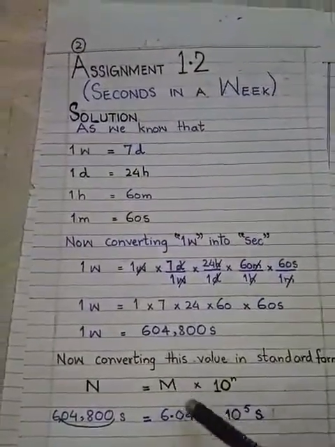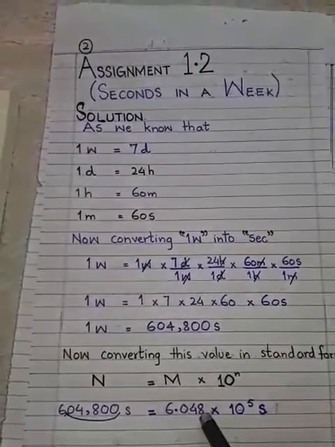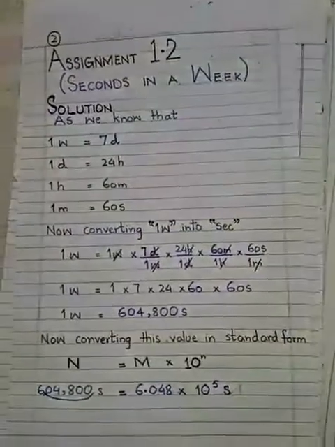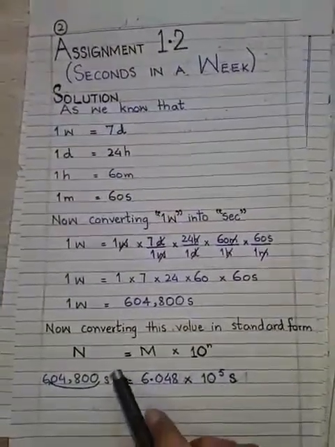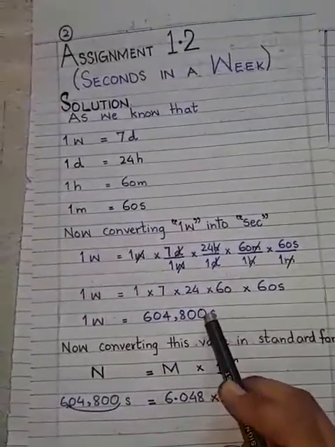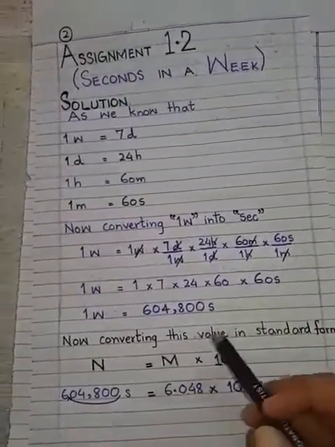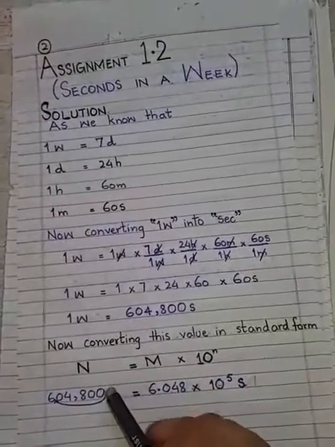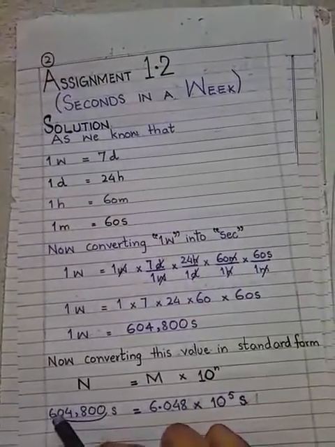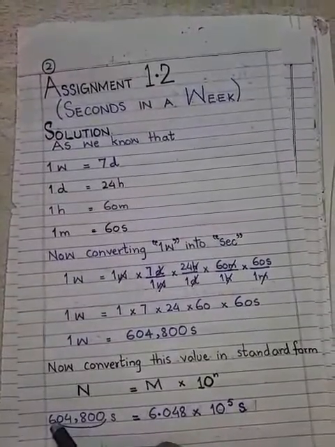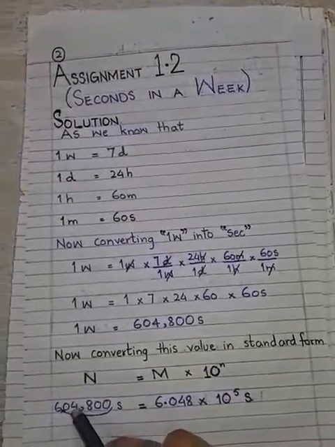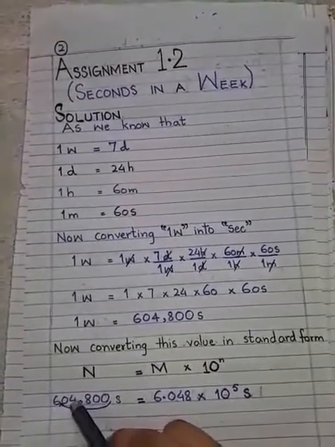Okay, the same rule will be applied. Again girls, the decimal is at the end of this value. So for converting the value to standard form, the decimal will be moved toward the first non-zero digit. So 6 is the first non-zero digit, 0 is the first zero digit, 4 is the second non-zero digit,